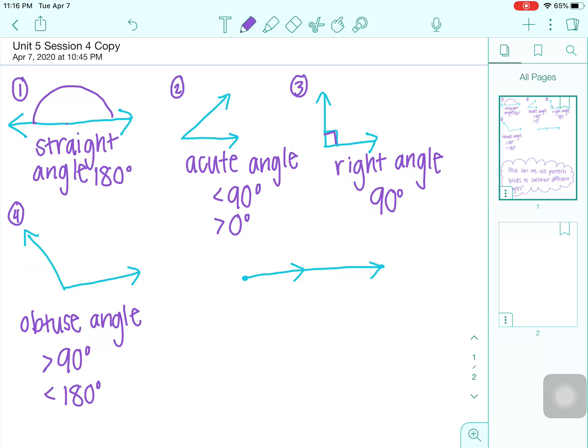And the last angle we have is a zero angle. A zero angle measures exactly 0 degrees because those two rays are closed and there is no degree to measure in between them. So today, the question I'm going to ask you is,